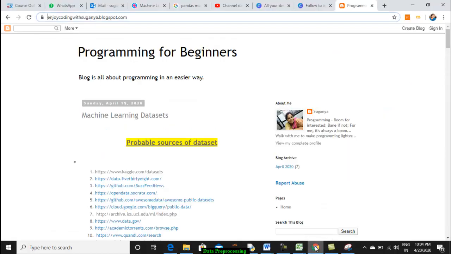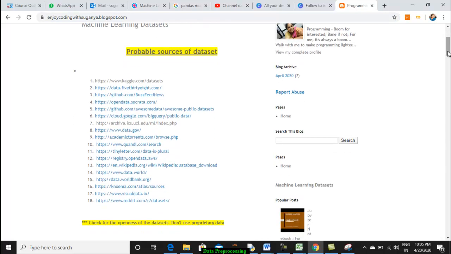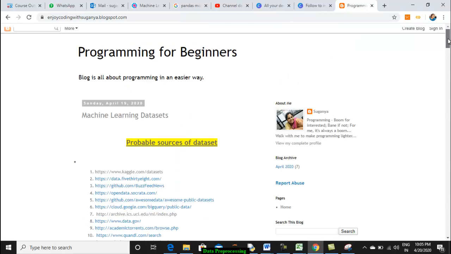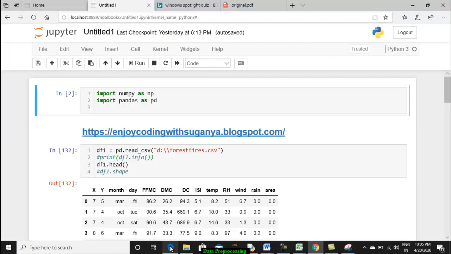Okay, I'll just show. If you go, you can see the list of all sources from where you can download the dataset. But be cautious that you are supposed to use only the open datasets that are available. 90% of whatever I have given is open source dataset only. If any dataset says that permission has to be taken from the provider, you have to properly take the permission. Otherwise, it will come under violation of your case.